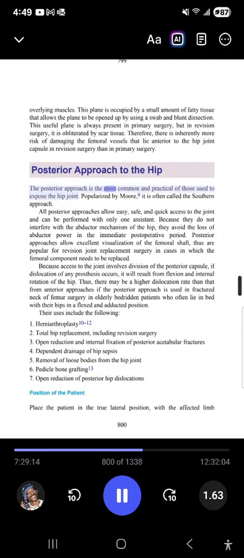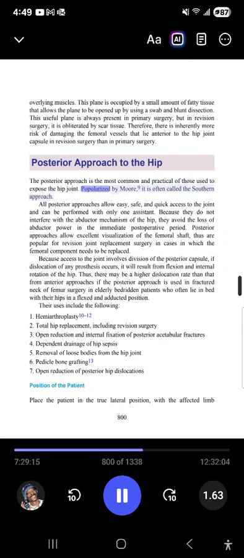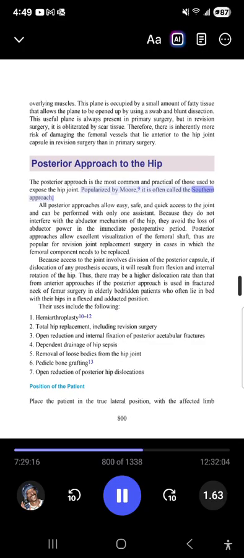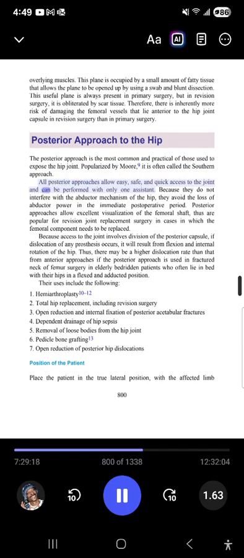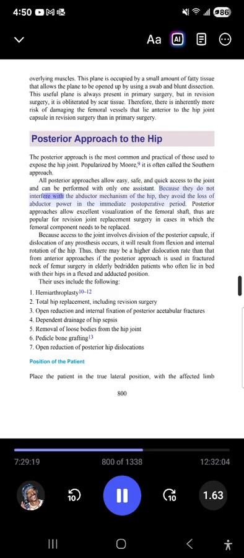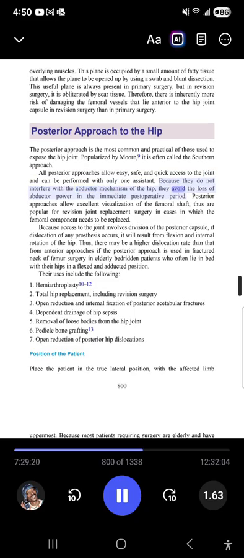The posterior approach is the most common and practical of those used to expose the hip joint, popularized by Moore. It is often called the Southern approach. All posterior approaches allow easy, safe, and quick access to the joint and can be performed with only one assistant. Because they do not interfere with the abductor mechanism of the hip, they avoid the loss of abductor power in